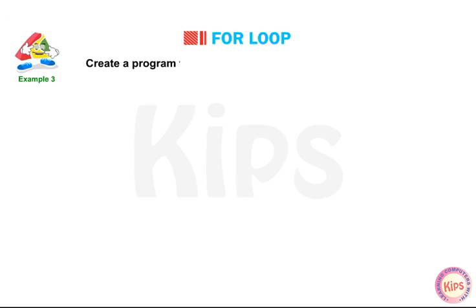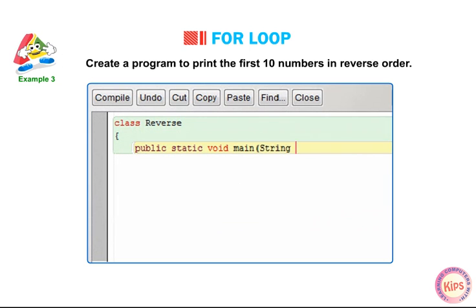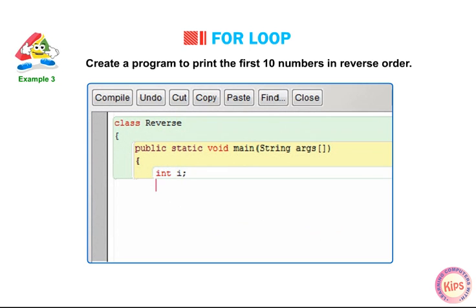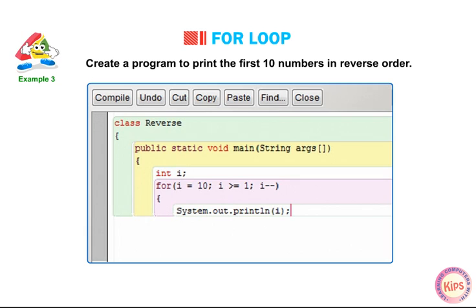Example. Create a program to print the first 10 numbers in reverse order. Class reverse { public static void main(String args[]) { int i; for(i=10; i>=1; i--) { System.out.println(i); } } }